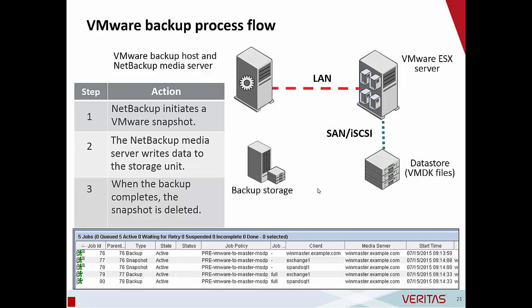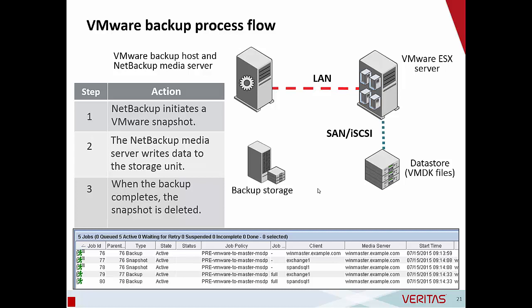It's just the babysitter for the overall process. Then for each client that is to be protected, there's a snapshot job where ESX creates a snapshot for NetBackup. And the last two jobs, 79 and 80, are the actual backups. That's the actual data movement, where NetBackup backs up the snapshots of these VMDK files and writes them